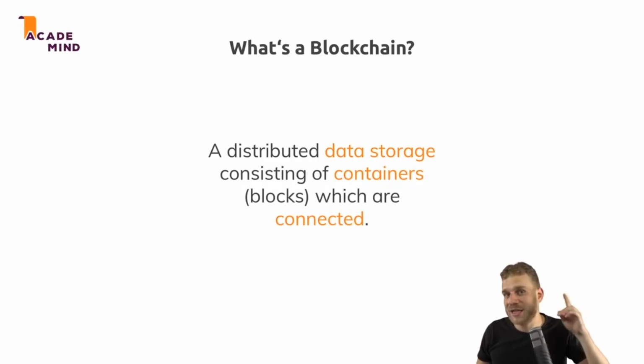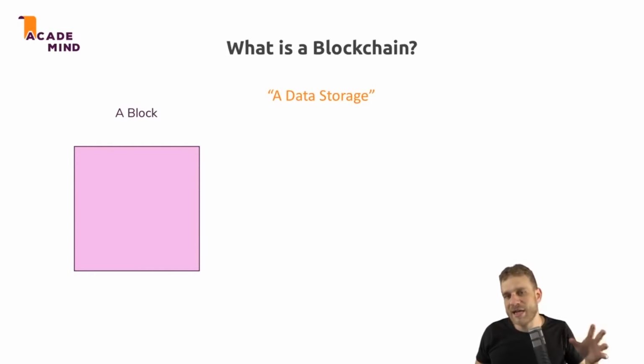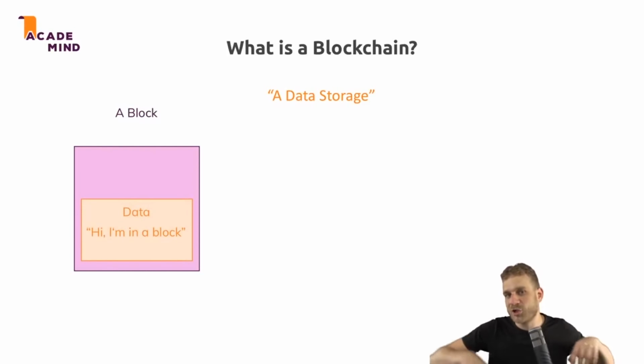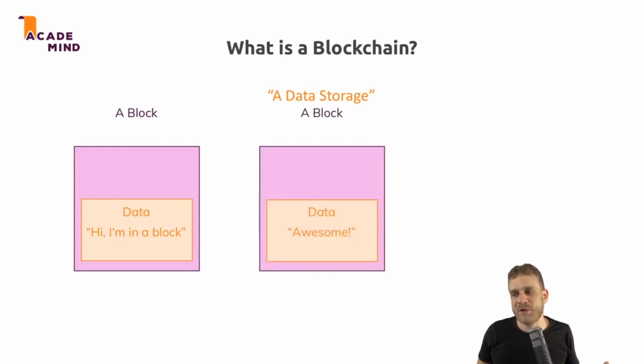And the blockchain is not limited to transactions. As you learned, the blockchain is a data store, and a single block in the end can hold any data you want. This could be some text, this could be a number, this could be a program you can execute. Or, as in the case of Bitcoin, it can be a list of transactions. More on that in a second. We, of course, don't just have one block, we have multiple blocks in a blockchain.